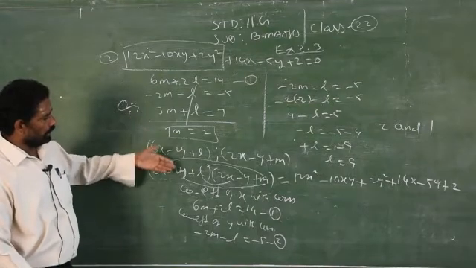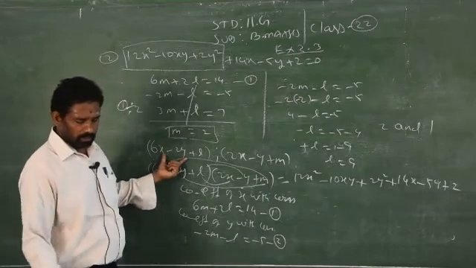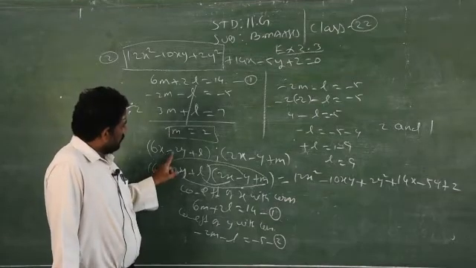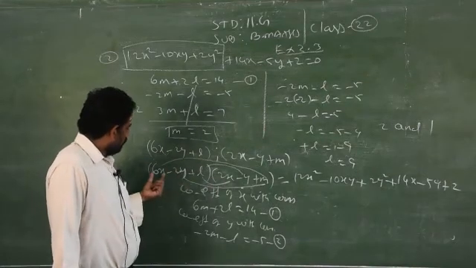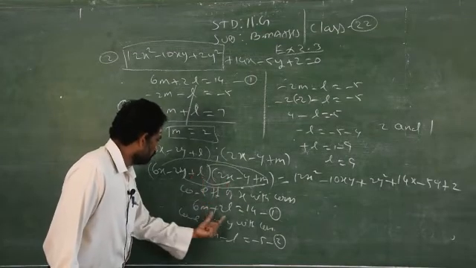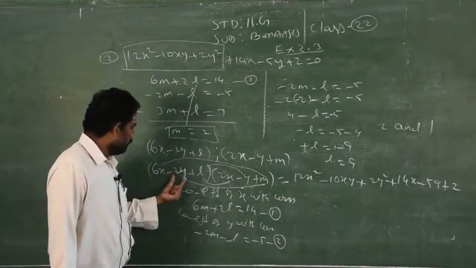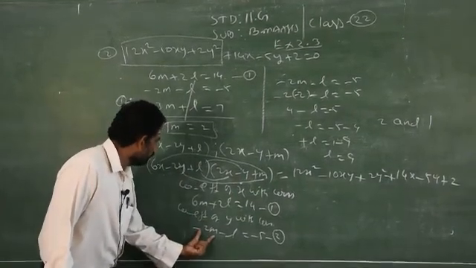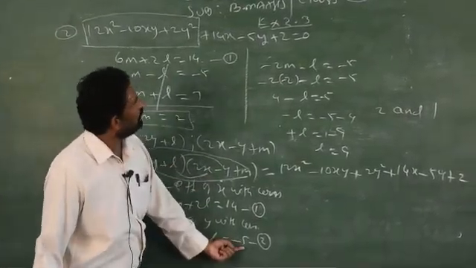How do you find m and l? So be careful. You have to factorize properly. If you make some mistakes in the factorization, then you will get wrong answers. So 6x minus 2y. You just have to compare the coefficient of x with the constant, 6x, that is m, 6m. Then 2x, you check your mistakes, where I made a mistake. Then next you compare minus 2y with the constant, that is minus 2m. Then you have to compare the constant with y, minus l, your answer minus 5.